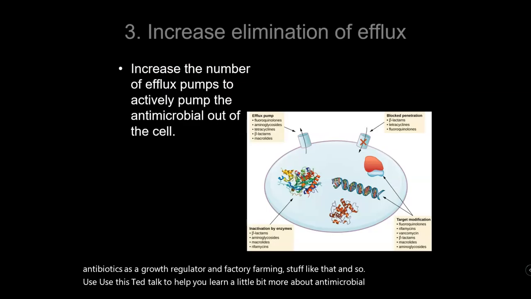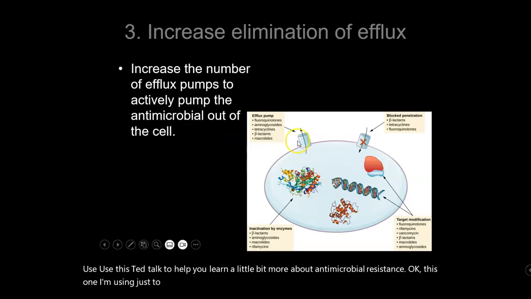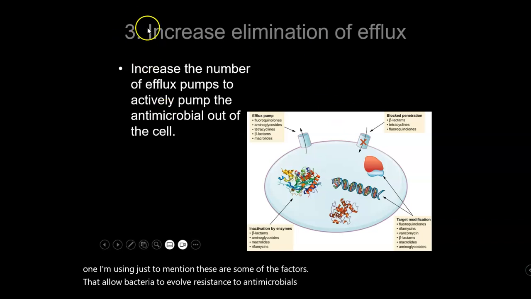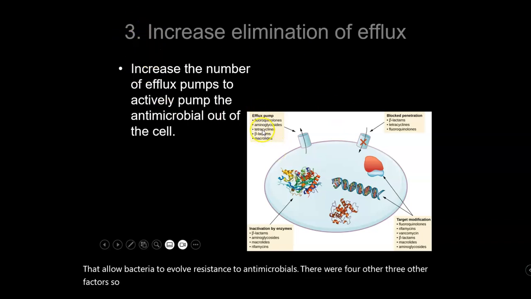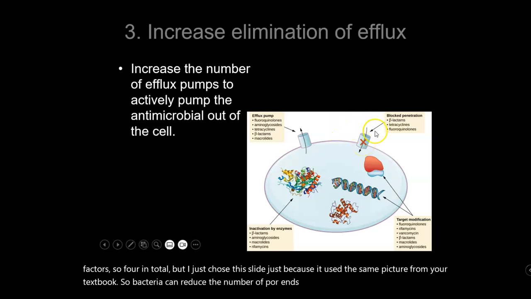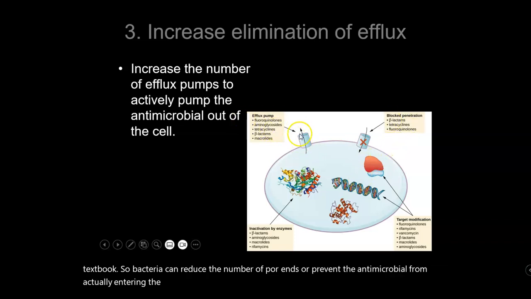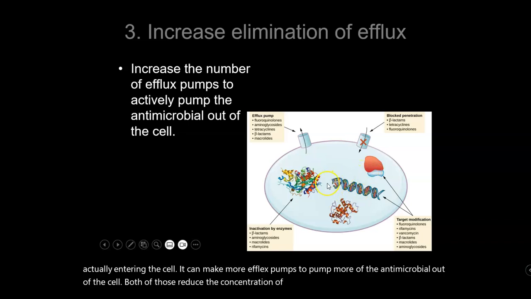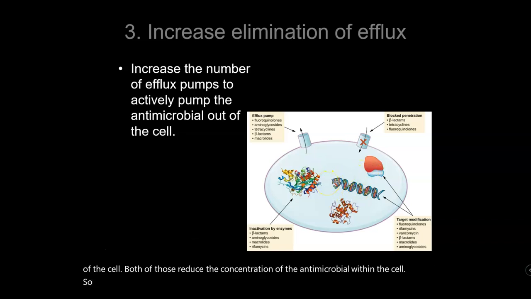Okay, this one I'm using just to mention some of the factors that allow bacteria to evolve resistance to antimicrobials. There were three other factors, so 4 in total, but I just chose this slide because it used the same picture from your textbook. So bacteria can reduce the number of porins or prevent the antimicrobial from actually entering the cell. It can make more efflux pumps to pump more of the antimicrobial out of the cell. Both of those reduce the concentration of the antimicrobial within the cell,